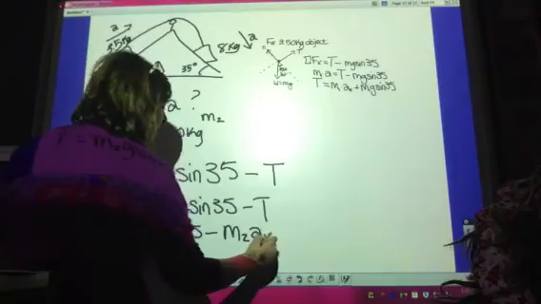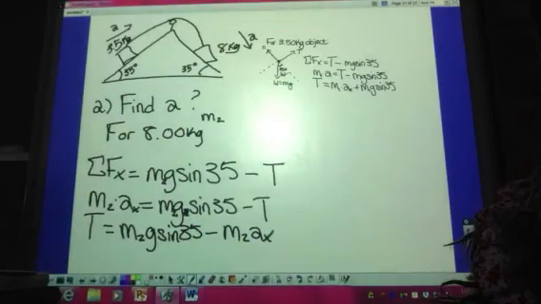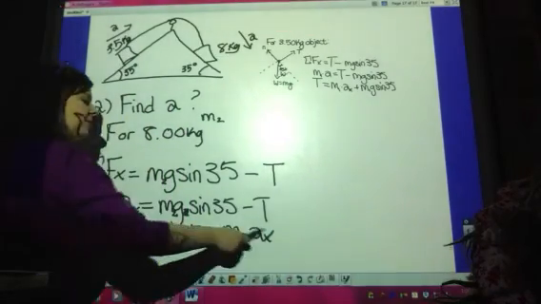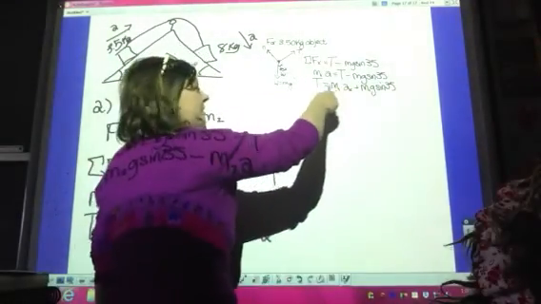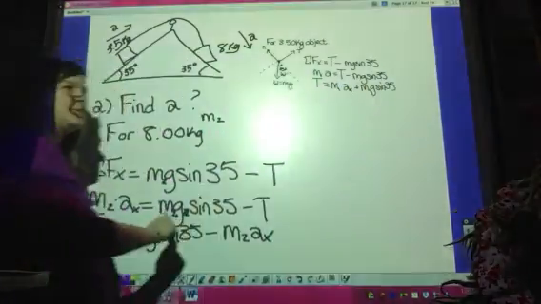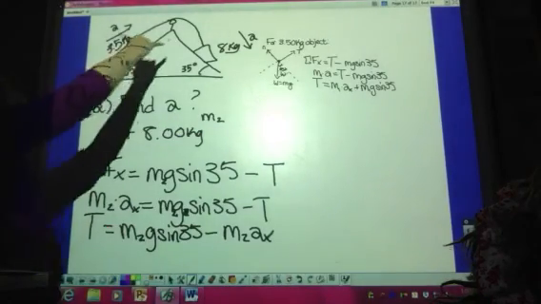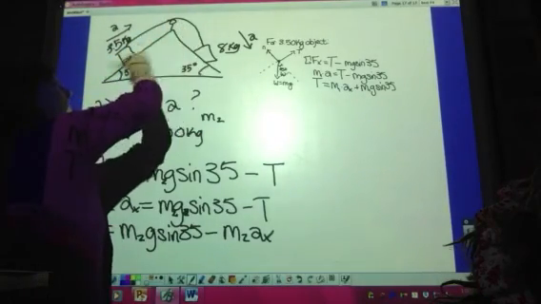Well, I know that tension, if I'm thinking about the second mass, equals this one, and I know that tension, if I'm thinking about the first mass, equals this one. And the tension in both of these that are attached to both of these blocks